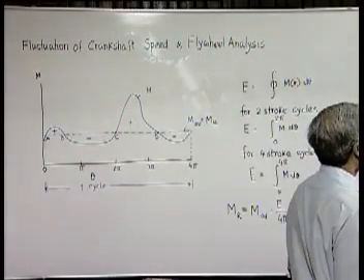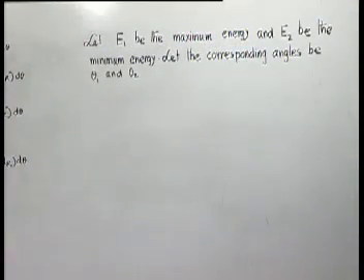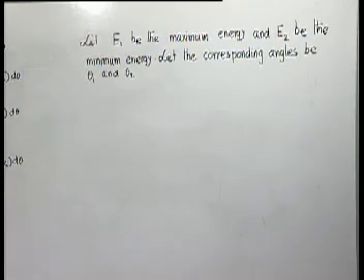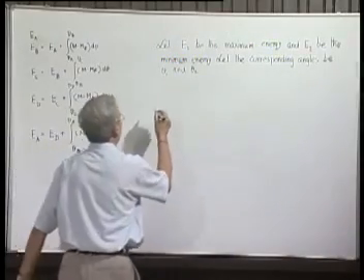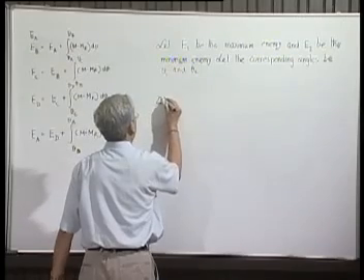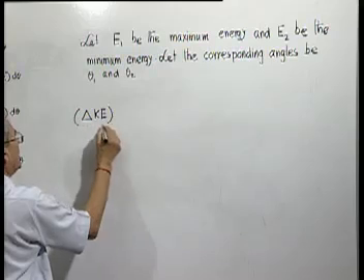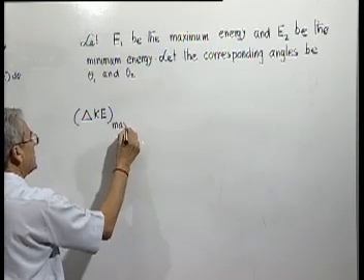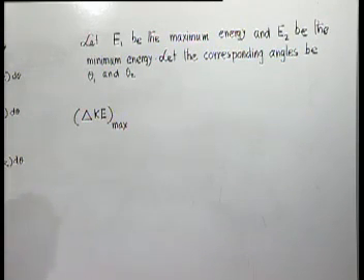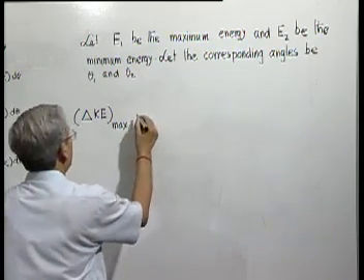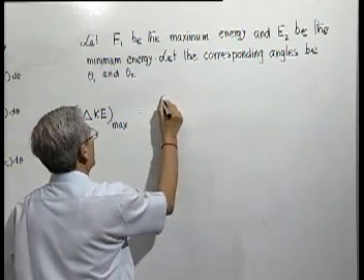So, what will be the difference between the maximum kinetic energy of the system and the minimum kinetic energy? What we call the maximum kinetic energy fluctuation, that is the difference between the maximum and minimum values of the kinetic energy during the whole cycle, will be nothing but